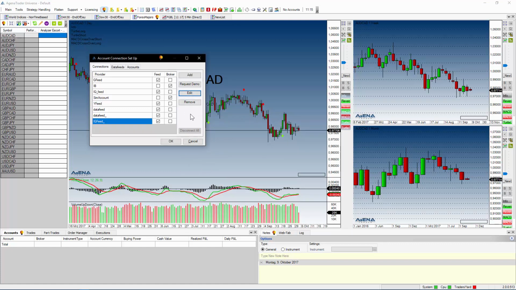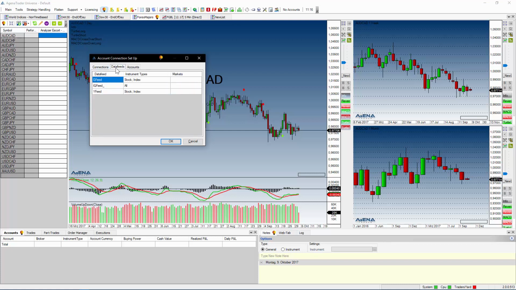This disconnect all button would only be active if I have an active connection and allows me to disconnect from all current open connections with one click, in order to edit and add new feeds, because you cannot do this if you're connected with any connection.